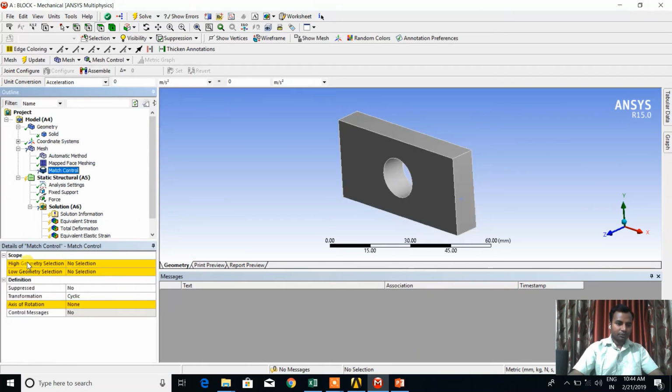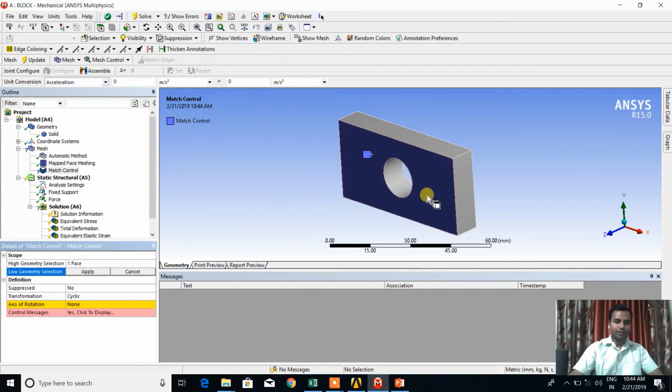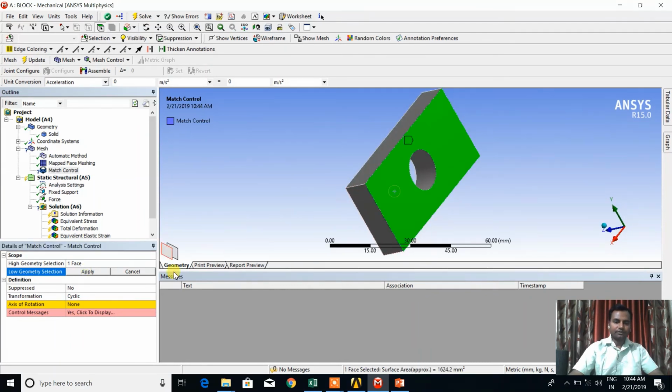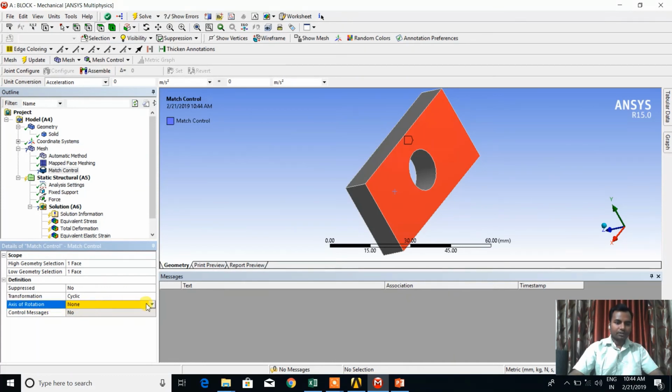Here it shows the high geometry selection and low geometry selection. So in the high geometry selection I want to select this face, and in the low geometry selection I want to select this face. Okay, so in the axis of rotation by default I want to take global coordinate system and again generate mesh.